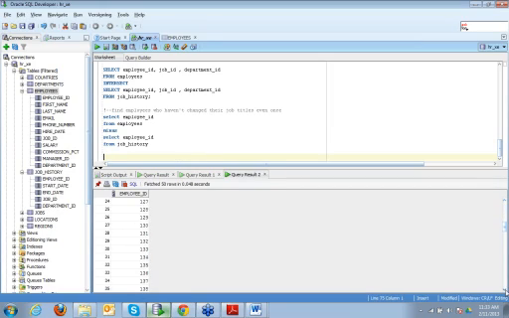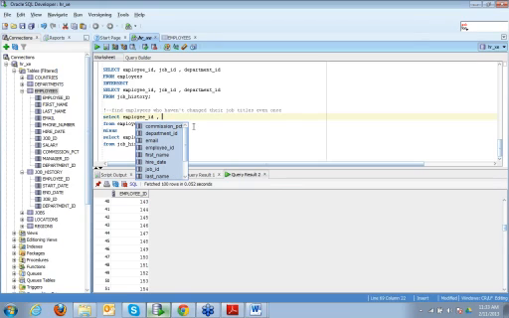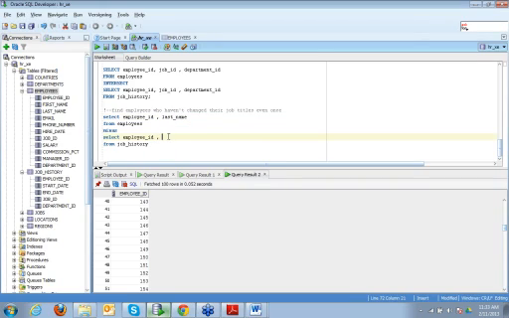Now let's say I want to display their names also, right? But we don't have names in job history. So to do this, I can add a dummy column here. I can write here, let's say, last name. And last name is of type char, right?